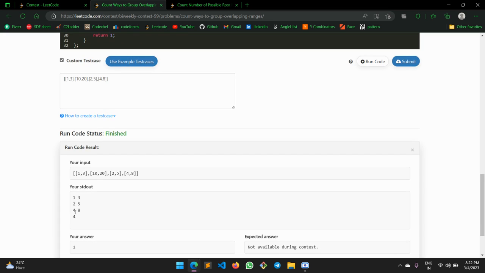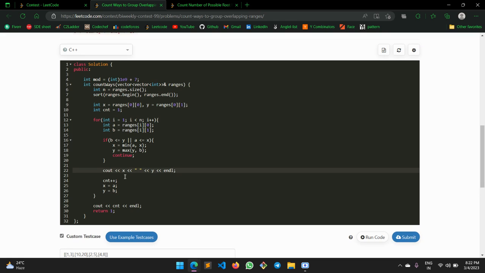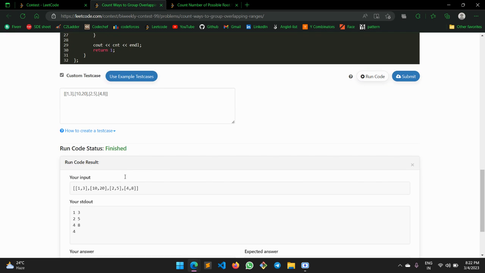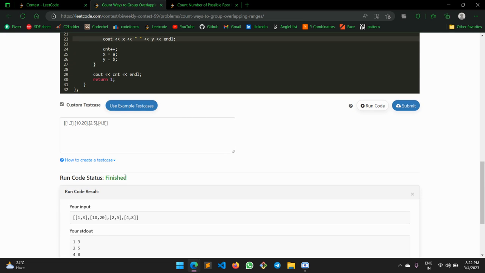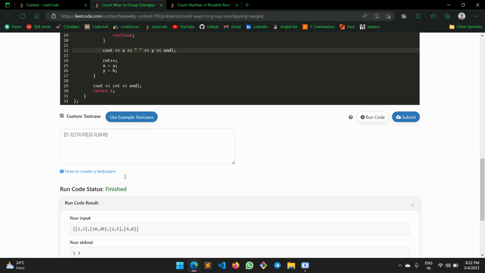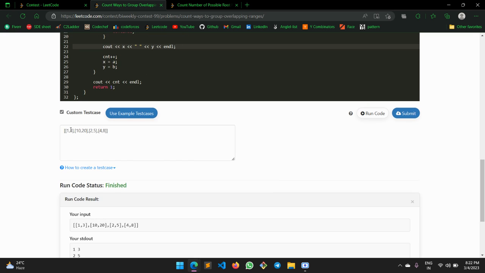X is supposed to be minimum of, so what is the problem? ओह, हाँ हमारी कंडीशन ही गलत है।